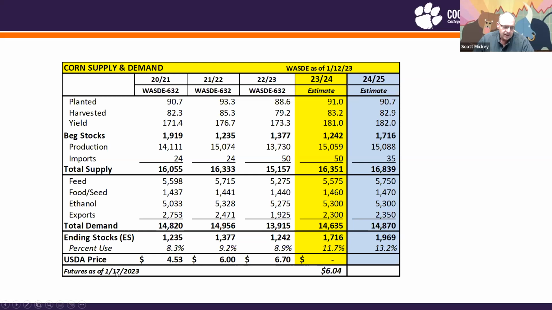As of yesterday, December corn futures were trading for $6.04. One thing that I would want to look at is how that price compares to what Floyd Farms needs. If you remember the slide before, I said that for break even, I needed $5.11. So what the market is offering me today is quite a bit higher than my break even. It would offer almost $1 a bushel of profit in 23.